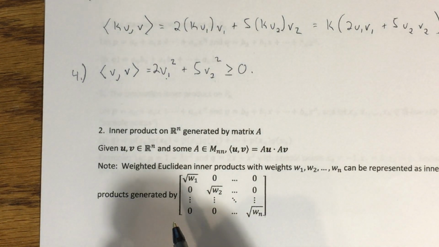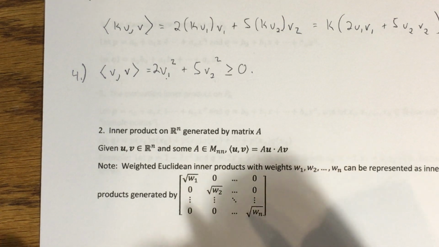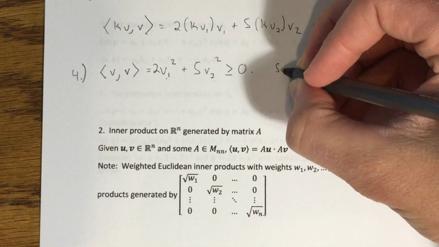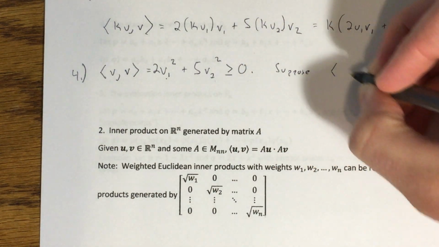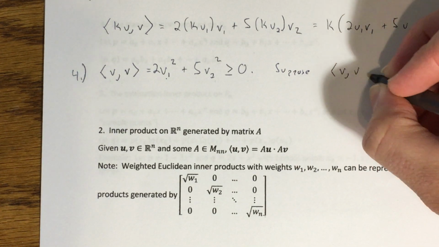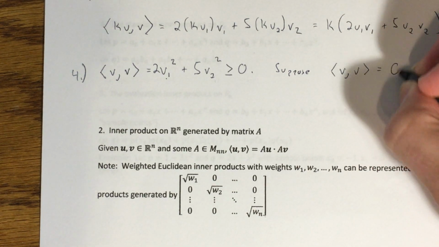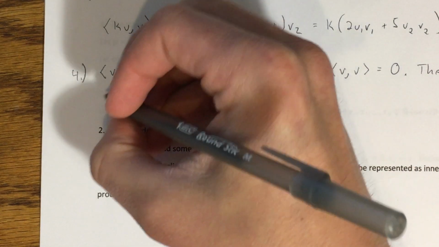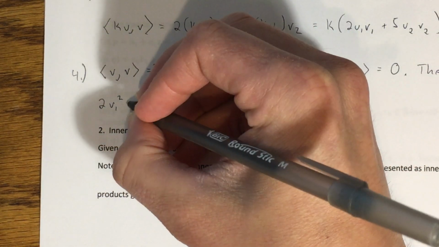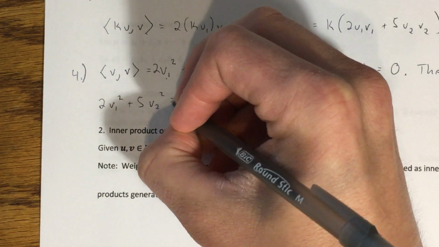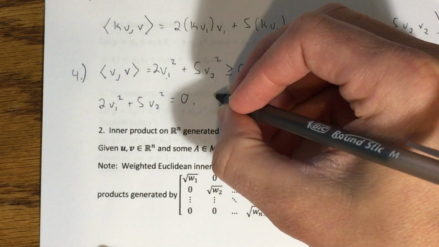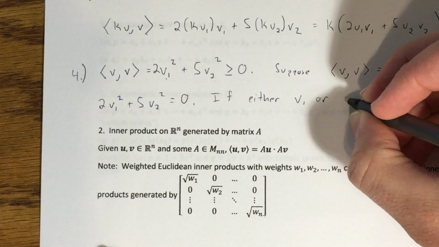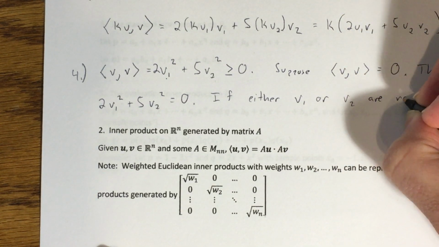So proving the other direction is more, it's not even that difficult, but it's the more or less obvious way. So what I'm going to do is say, suppose this is equal to 0, okay? Well, using the definition, like what we have up here, that would say that 2v1 squared plus 5v2 squared is equal to 0, okay? If either v1 or v2 are not 0,